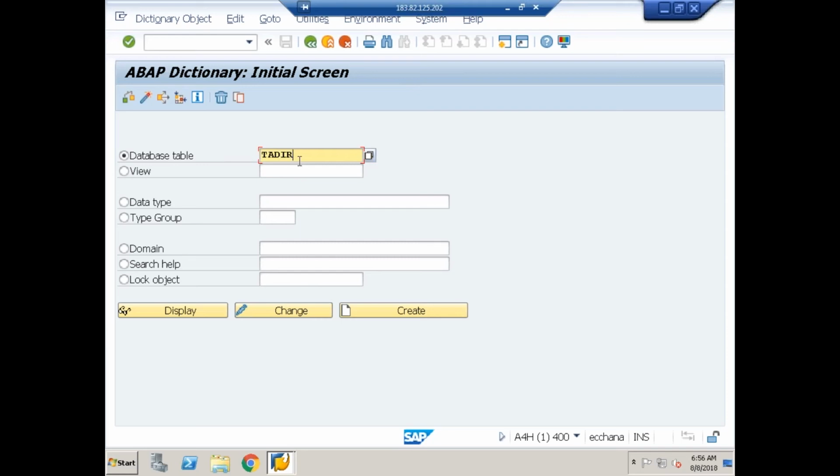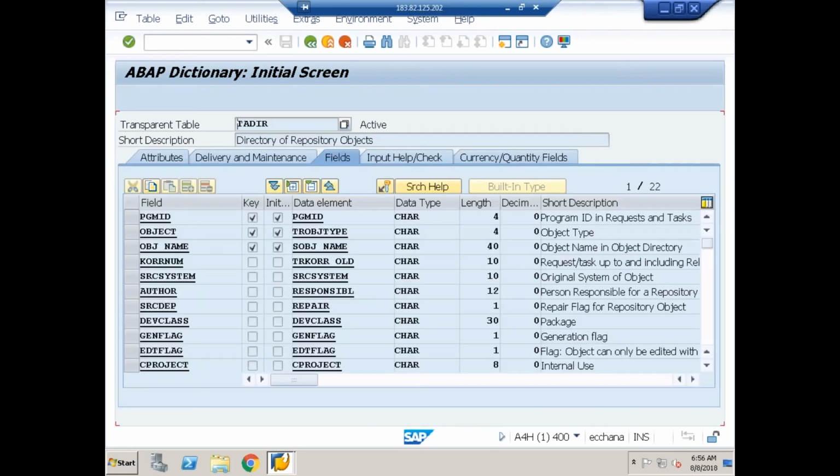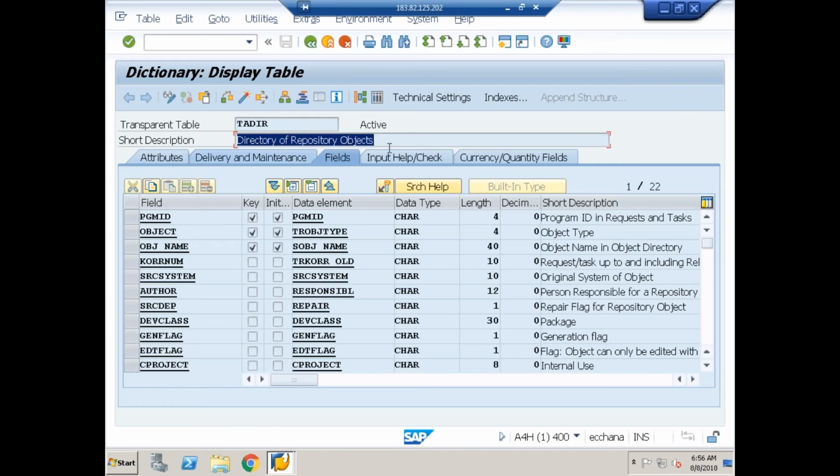This is one of the tables; there are thousands and lakhs of tables. If I display this table, it is a directory of repository objects. Object type is there, object name is there, all those things. Let me go to contents.